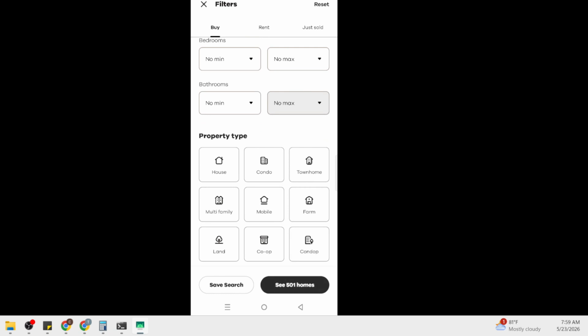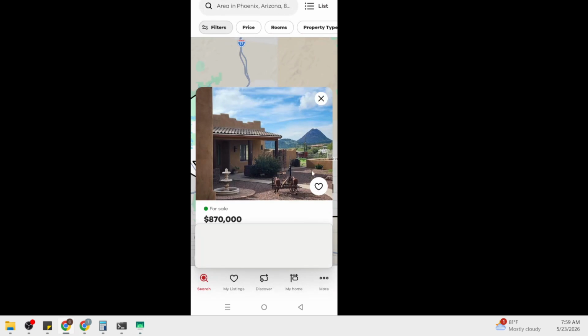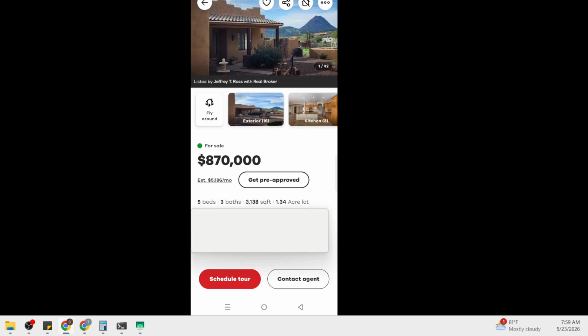When a home catches your eye, tap the heart icon on its card to save it. This creates a handy shortlist you can revisit anytime in your Save tab, so you don't lose track of promising options while you continue exploring. And if a listing clearly isn't a fit, tap the eye icon or choose Hide. That removes it from your active map and keeps your search feed clean and focused on places you actually want to consider.